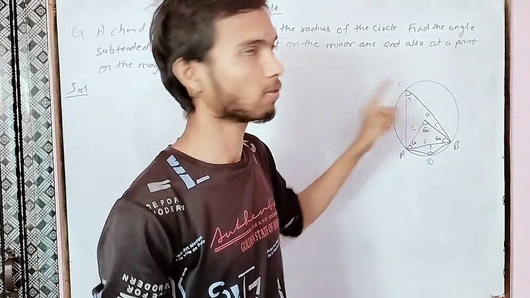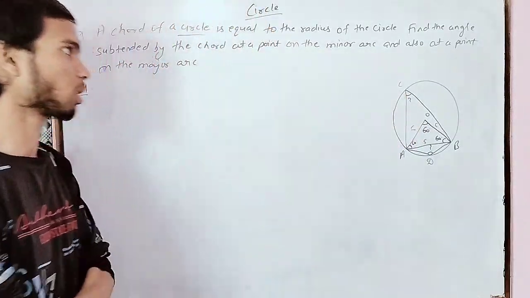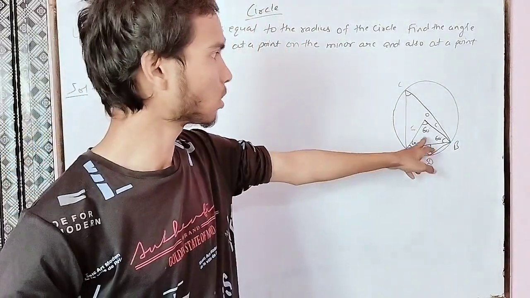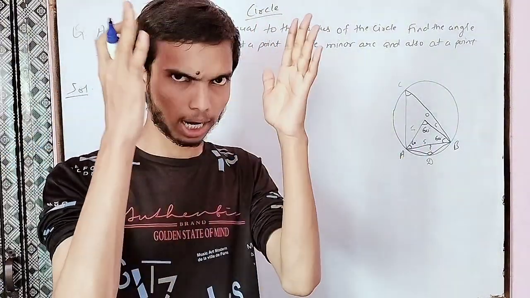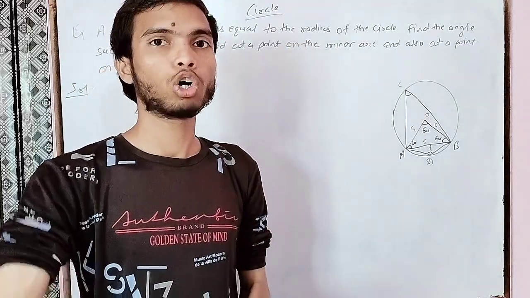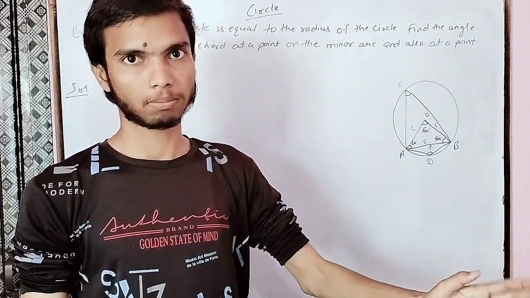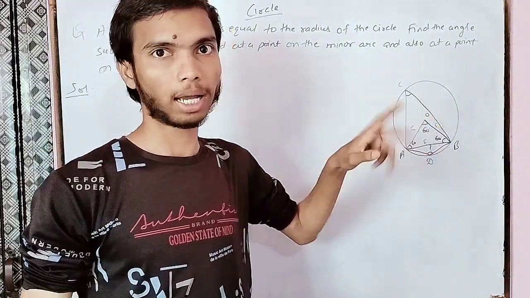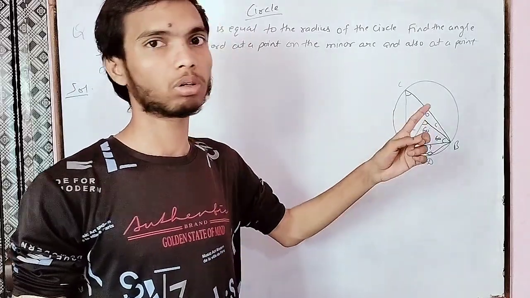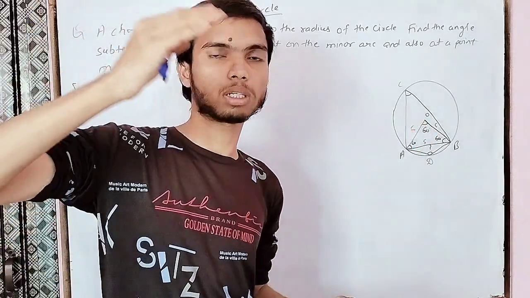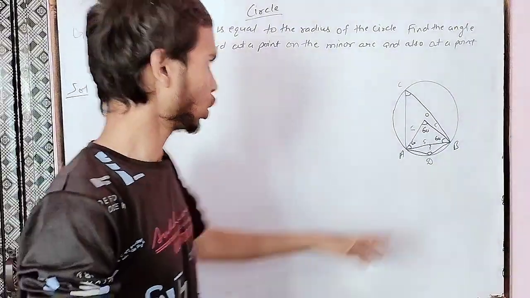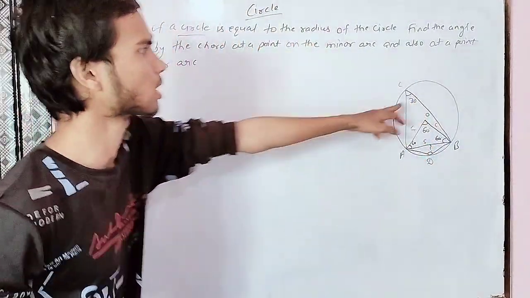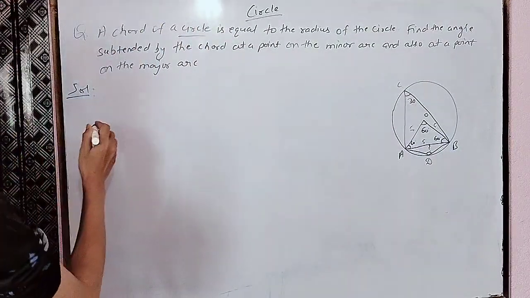We have got the measure of this angle, which is 60 degrees. Now we are going to find the measure of this angle by theorem. I think theorem number 8 says that if the measure of a subtended angle at the center is something, then half of that angle will be the angle at the major sector. So half of this would be 30. We know that this is 30. Then how to write it in the process? So here we know